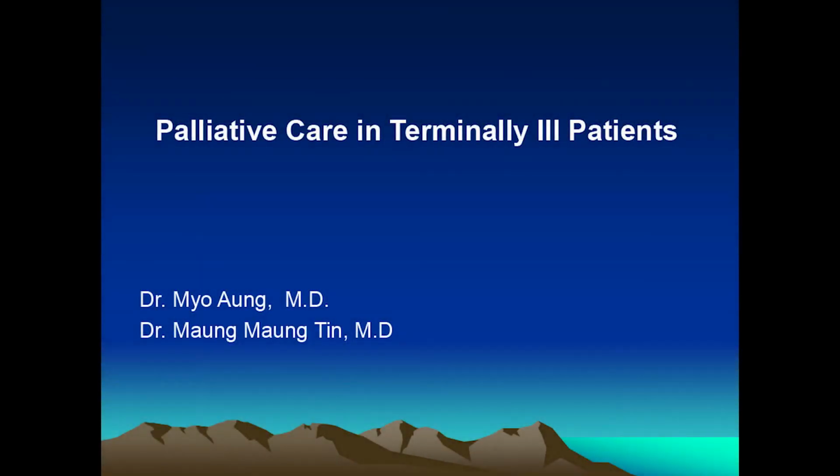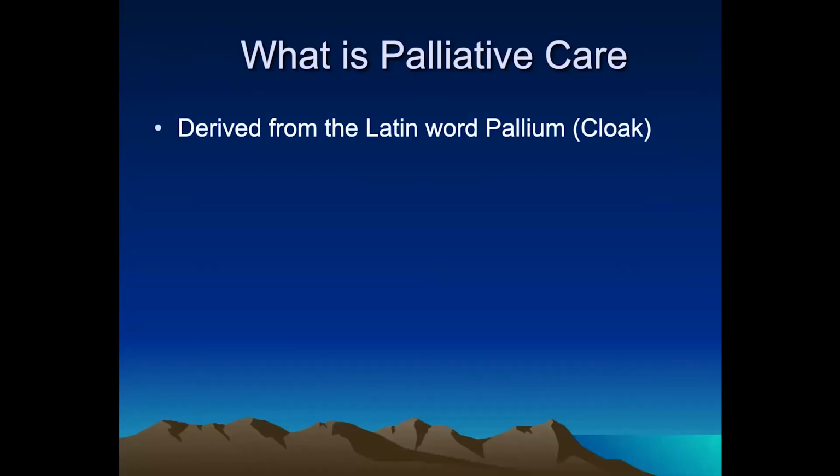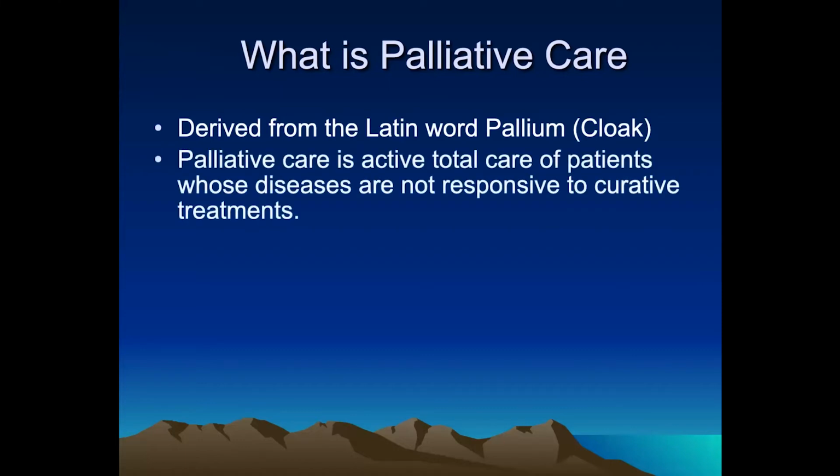So what is palliative care? The word palliative derives from the Latin word pallium, which is a cloth. Cloth means covering, so basically it means relief of suffering. The general definition in biomedicine: palliative care is an active, total care of patients whose diseases are not responsive